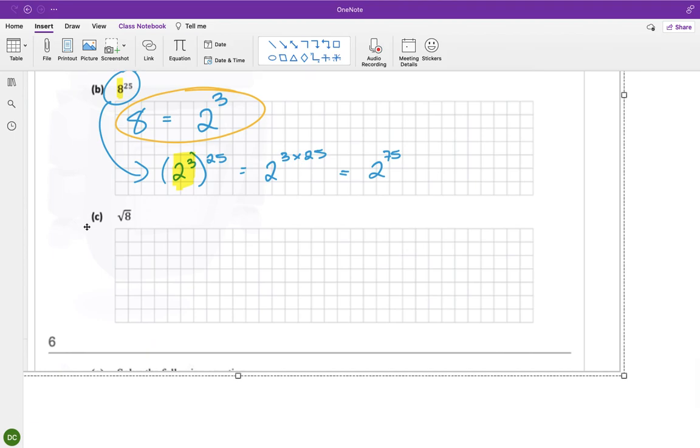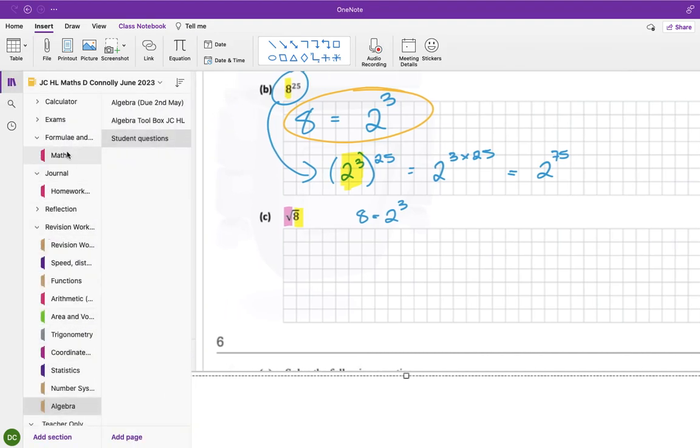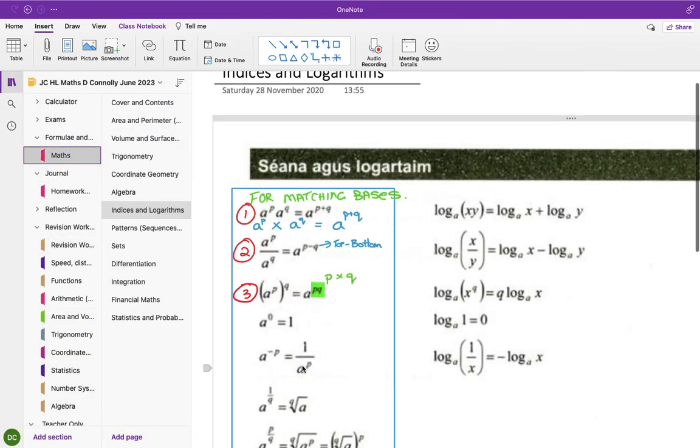And then the last one here, same problem as before in that it's an 8 and not a 2. Now that should be easier to handle because I know what that is now. So we know 8 is 2 cubed because I figured it out for the last one, right? So the other problem then is a square root is not a power. So you need to write it as a power. Now that is in the formula and tables, it's just you have to be able to interpret it. So see here,